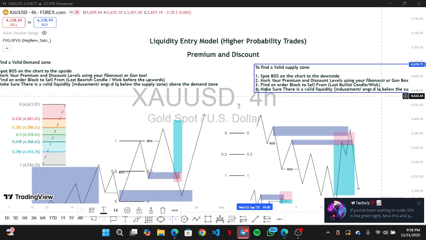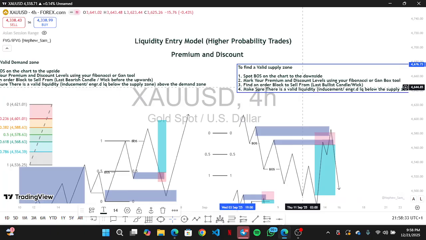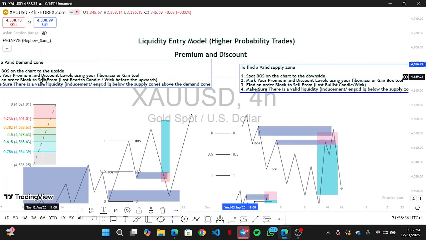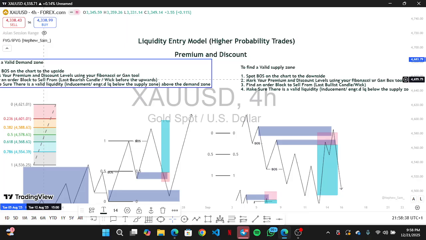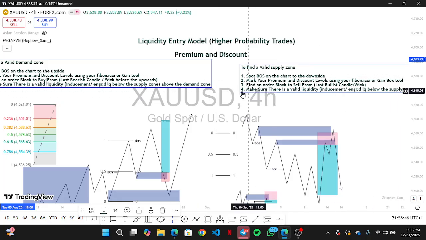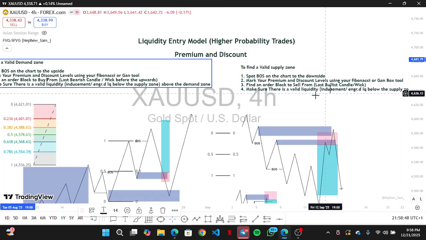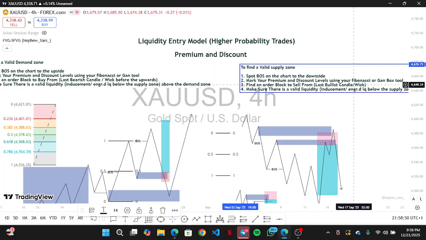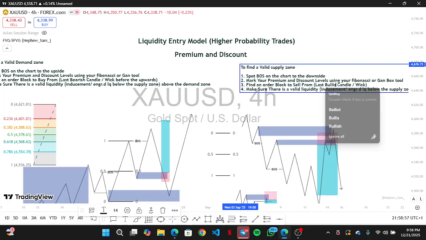So the next thing you need to understand is find another block to sell from. I'm changing, sorry, this is to buy from because this is for buys. This is for a demand zone to buy from. That's the last bearish candle. This will be the last bullish candle. Screenshot this when I'm done typing. Last bullish candle of the week